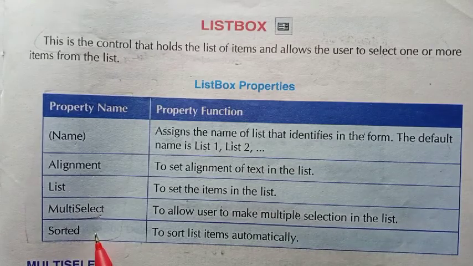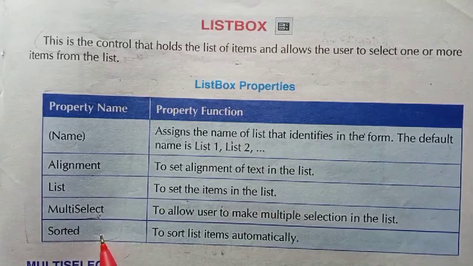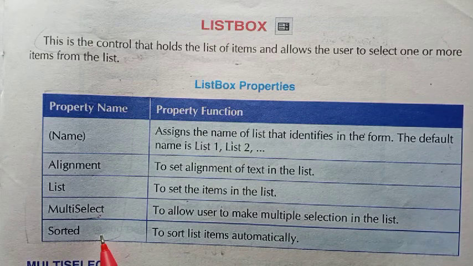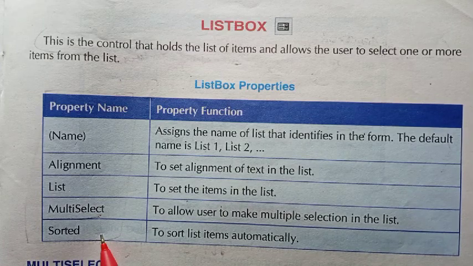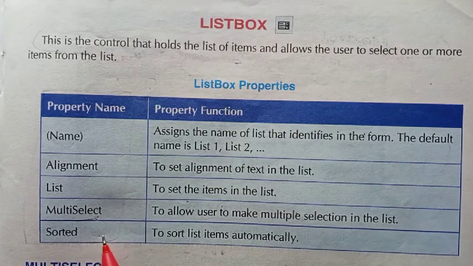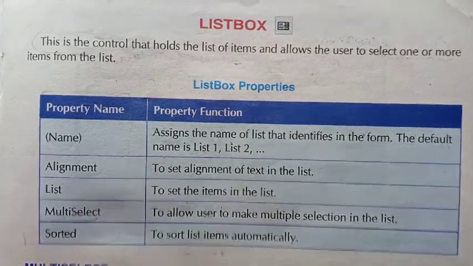Then I have sorted. Sorted means whether there should be an arrangement alphabetically of the items that are given in the list. If you want them to appear in alphabetical order, you will keep it sorted.